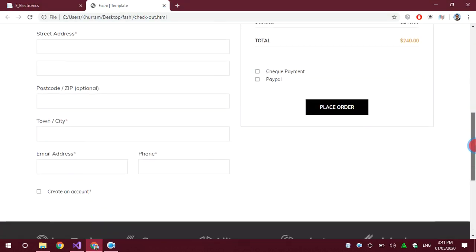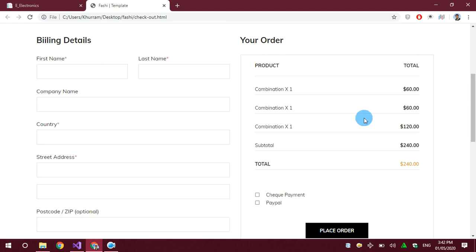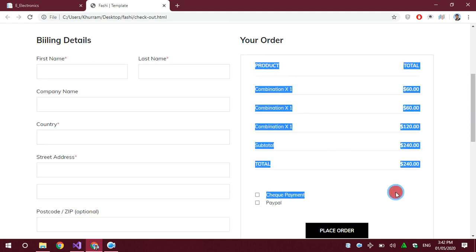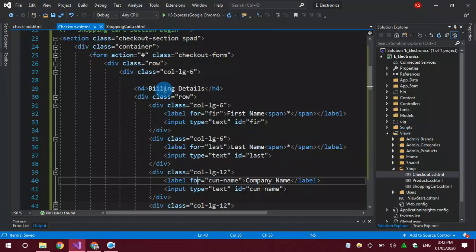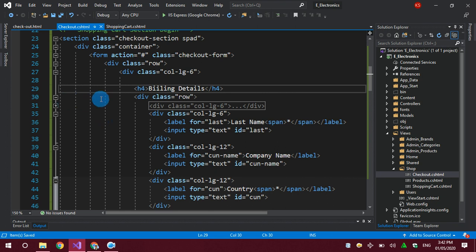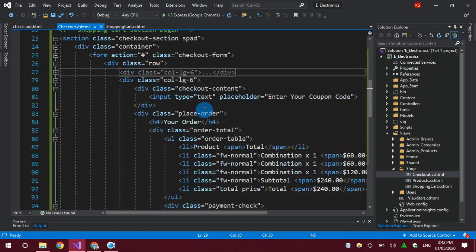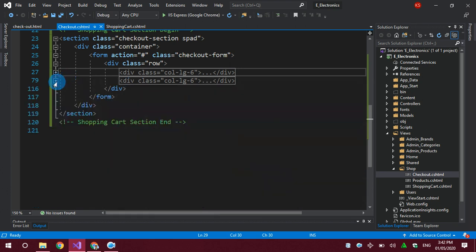We can remove some information and we can also add some information for confirmation. And here we have to put all the order information, all the items which the user has purchased. So this is the first section, and this is the second section of the checkout contents. We have to fill this out.